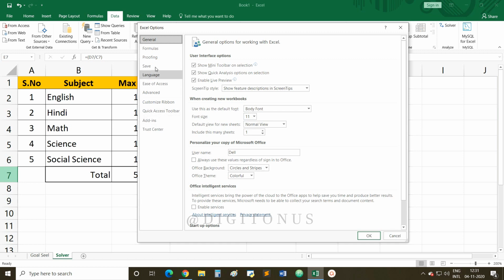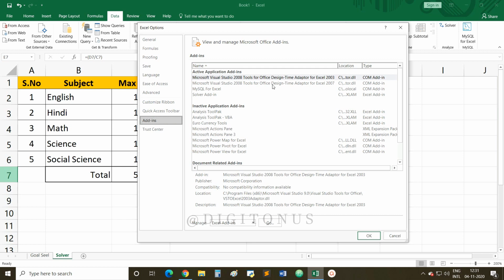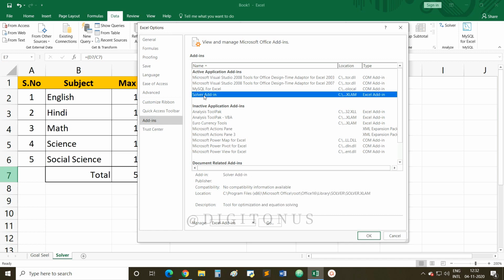On the left hand side you can see some headings given: General, Formulas, Proofing, Save, Language. You have to select the Add-ins option. Once you click on it, on the right hand side you will find some add-ins. Active application add-ins are the add-ins which are active as of now.